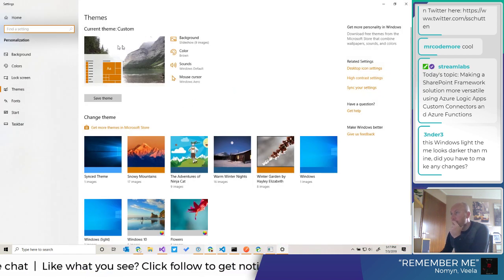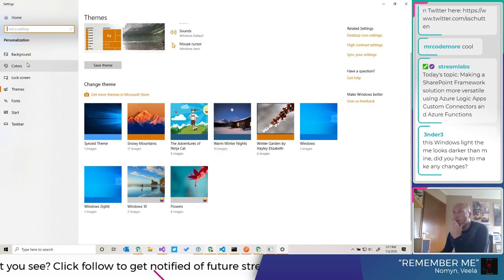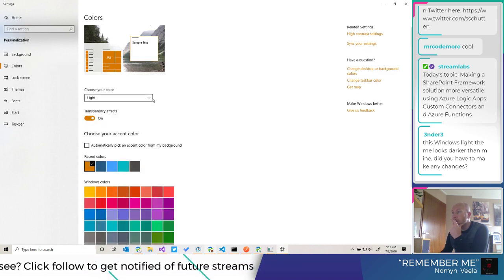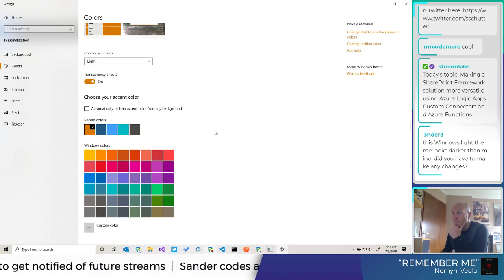It is a custom theme, but it's, I think, just the background. I just set it to light. I enabled the transparency effects.